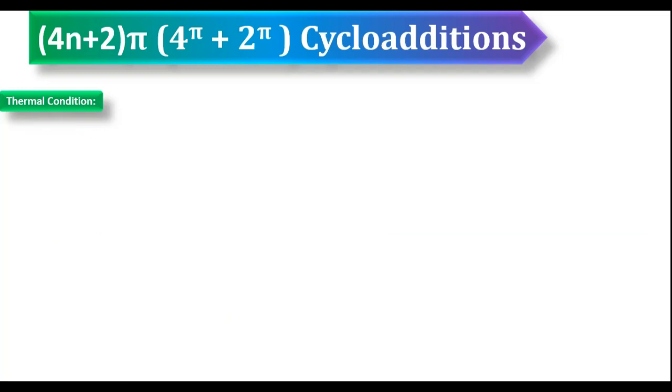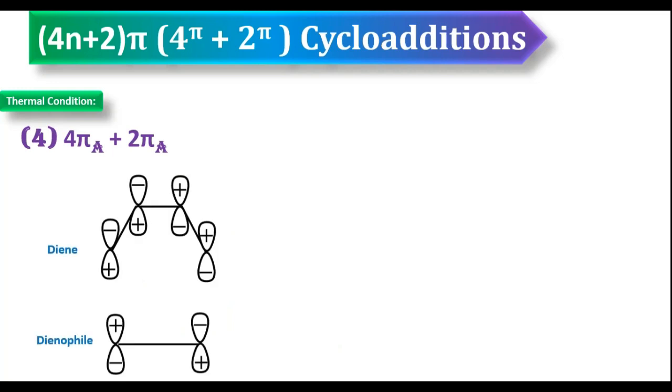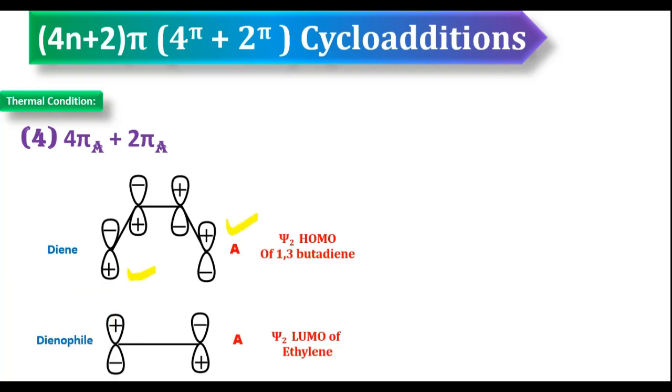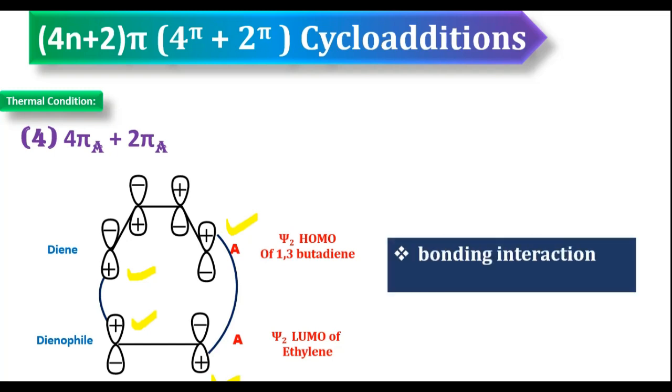So the last one, antara antara mode of addition. The first pi partner is undergoing antara mode of addition, and the second pi partner is also undergoing antara mode of addition. So for that, here I am selecting these two lobes, opposite side lobes. Here also I am selecting opposite side lobes. That means these two are connected and these two are connected. What did we get there? Obviously we got bonding interaction, plus interaction, plus interaction. Antara antara mode of addition gives bonding interaction, therefore it is allowed.